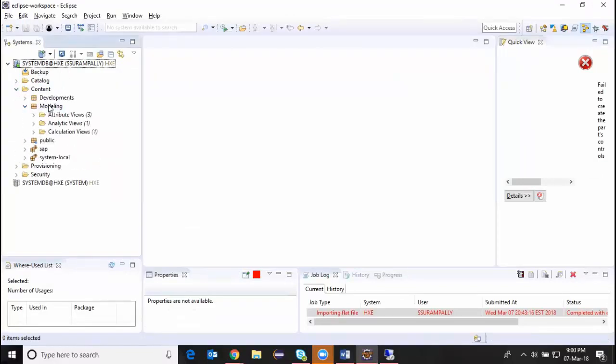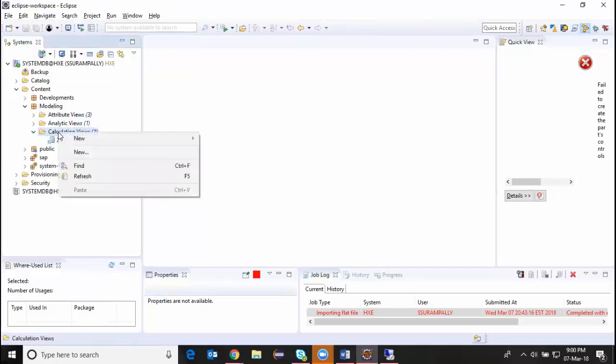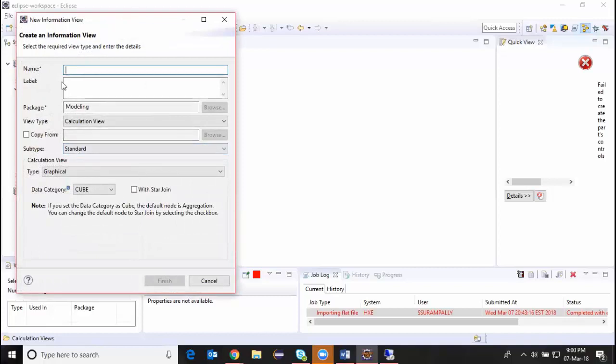I go into the same package, and I think I created one yesterday, it's for just test, and then I'm going to create a new calculation view. The general naming convention is just CV. I'm going to name this business partner,